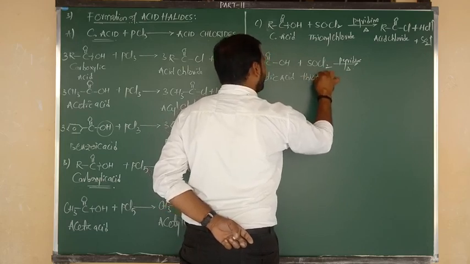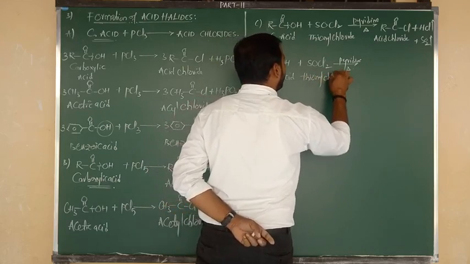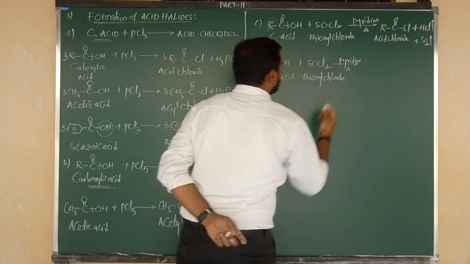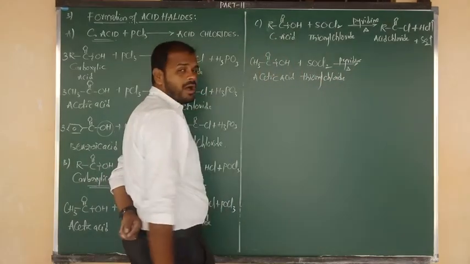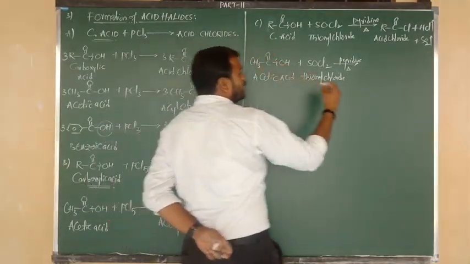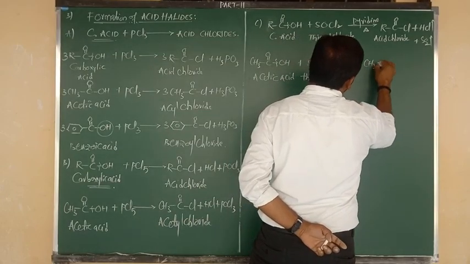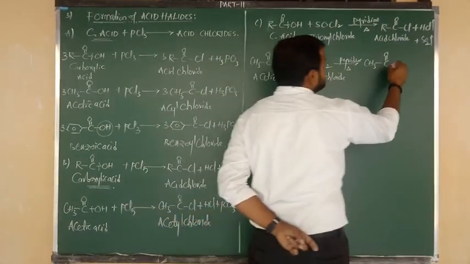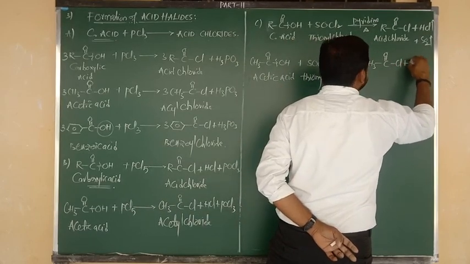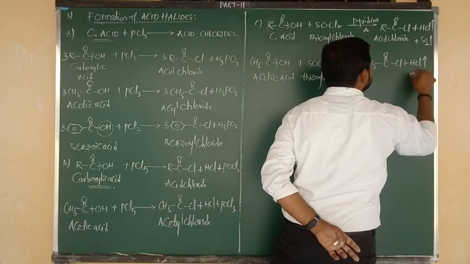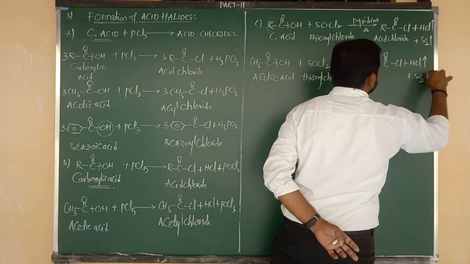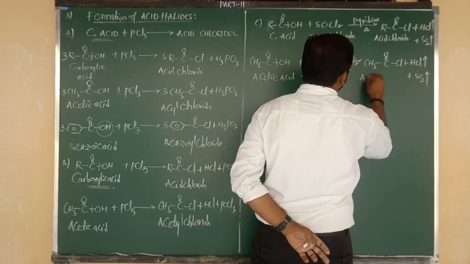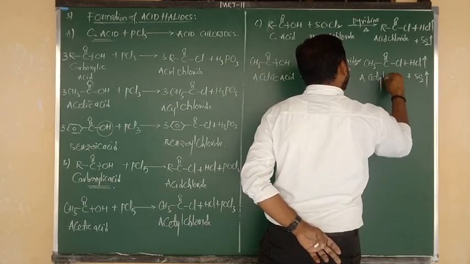The formula name is thionyl chloride. Again the same thing, due to cleavage of the C–O bond, CH3 C double bond O group. This one I am going to write here as it is. Again OH is going to be replaced by what? Cl. OH is replaced by Cl, and by the loss of HCl and the loss of SO2, here our main product is acyl chloride,